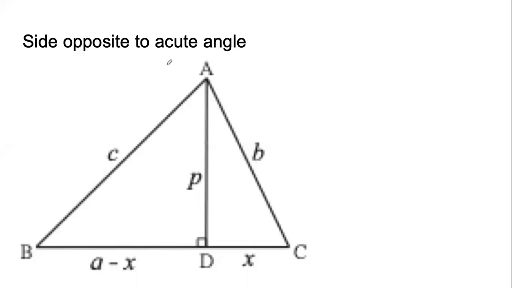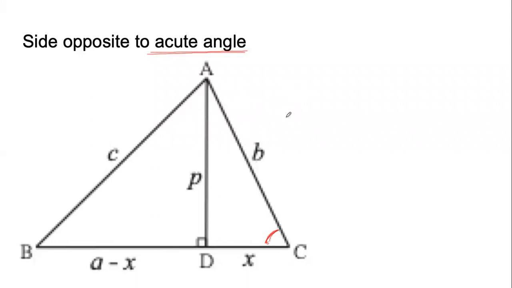Specifically, we understood how the side opposite to an acute angle of a triangle is related to the other sides. Also, how a side opposite to an obtuse angle of a triangle is related to the other sides. And we looked at it from the Pythagoras theorem perspective. So if we have this triangle ABC, which is definitely not a right angle triangle, which is definitely an acute angle triangle because all angles are less than 90 degrees, we draw an altitude from A to D on BC, and we look at this angle C, which is an acute angle.